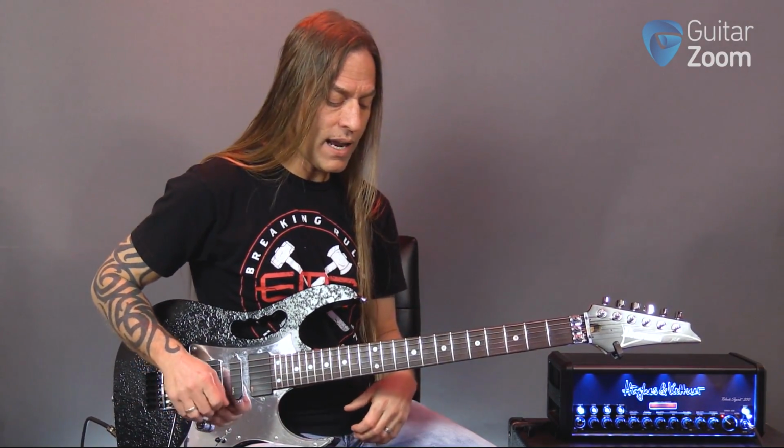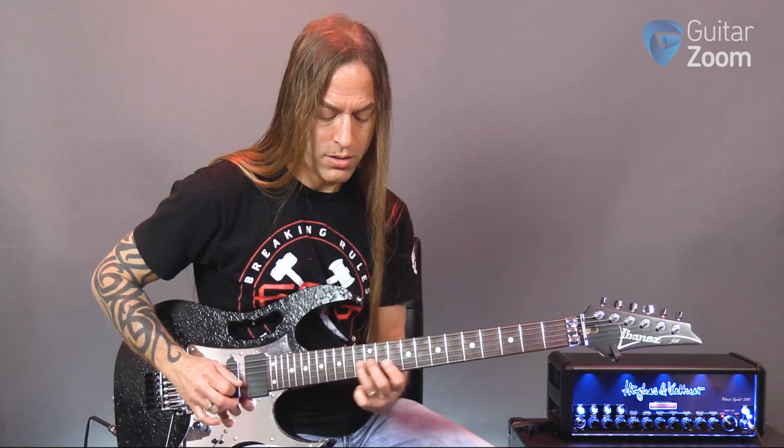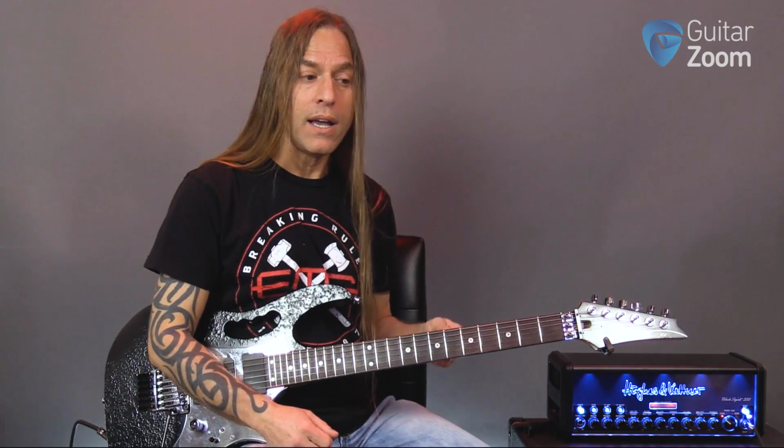All right, so once you've got that entire fretboard together, you then have the availability of moving around however you like across the fretboard, which is a pretty amazing thing because it gives you the freedom to move all over the place. Now, what I want you to think about a little bit as you're exploring this is